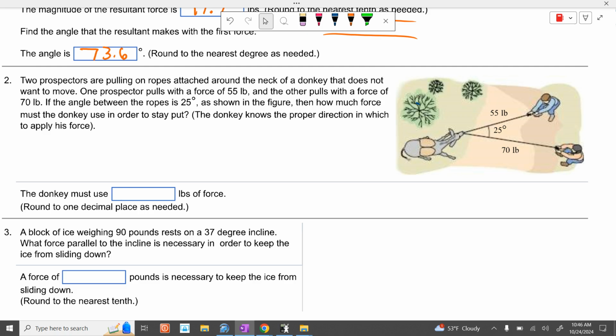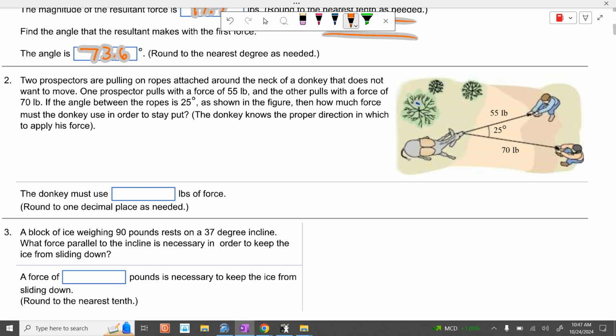All right, one prospector pulls at a force of 55 pounds. The other one pulls at a force of 70 pounds. If the angle of the ropes is 25 degrees as shown in the figure, how much force must the donkey use in order to stay put? Now, the donkey knows the proper direction in which to apply the force. So, these guys are pulling 55 and 70. Is their total force on the donkey